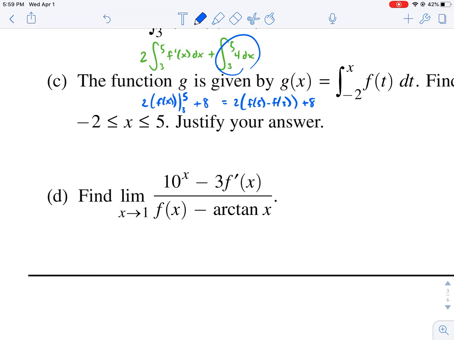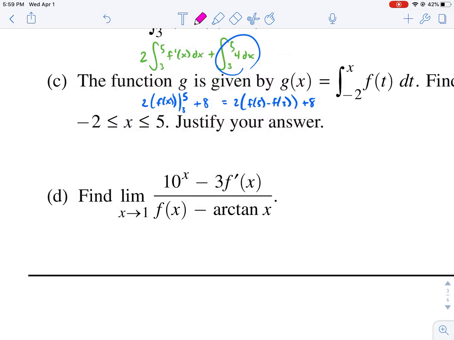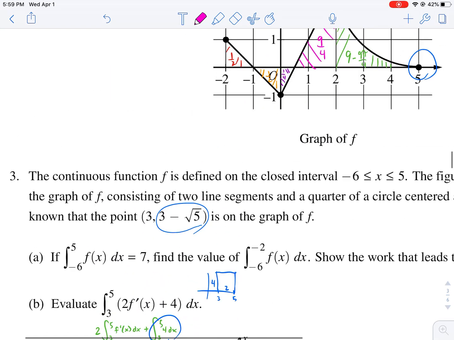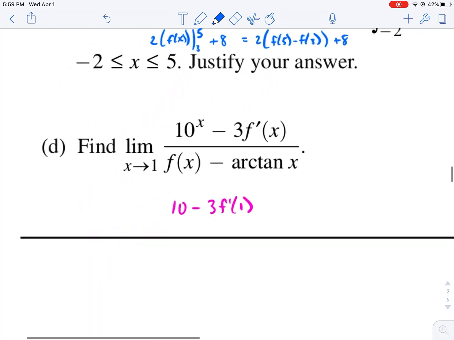And then finally, finding a limit here. Remember, limits are as easy as just plugging in what x is approaching when it is plug-inable. And in this case, it is. So all I have to do is plug in 1. So plugging 1 into the numerator gets me 10 minus 3 times f prime of 1. F prime of 1, we can get that value from our graph, because when x is 1, we're just looking at the slope of this line, because the slope of that line is the slope at 1, and the slope of that line is 2. So we know our f prime of 1 value is 2,